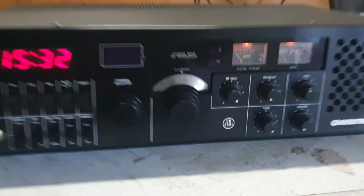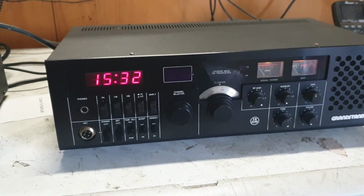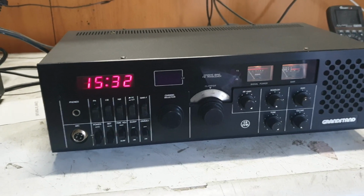One Grandstand UK 2781. I tell you what, there's a group of people that collect 2781 radios. I know who you are. Send me an email. We'll try and see if we can sell you a radio. You can chuck it on the shelf, and as I said, send it up to Ray or down to Paul if you want to